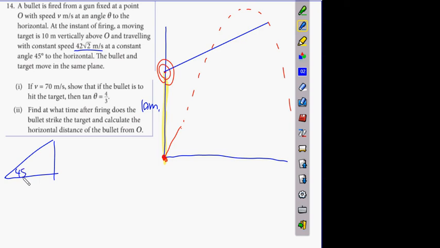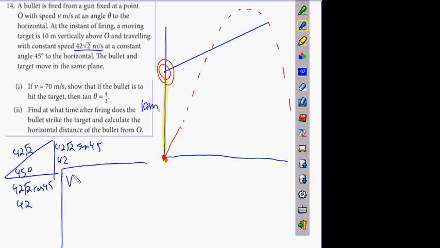Now remember what we said, this one will be 42 root 2 sine 45, and that's 42 root 2 cos 45. That's 42 here and 42 there. So the target is traveling 42 meters to the right and 42 meters up in the air every second. What does that mean about my bullet speed? So what can we say about phi x of the bullet then? 42. And therefore,